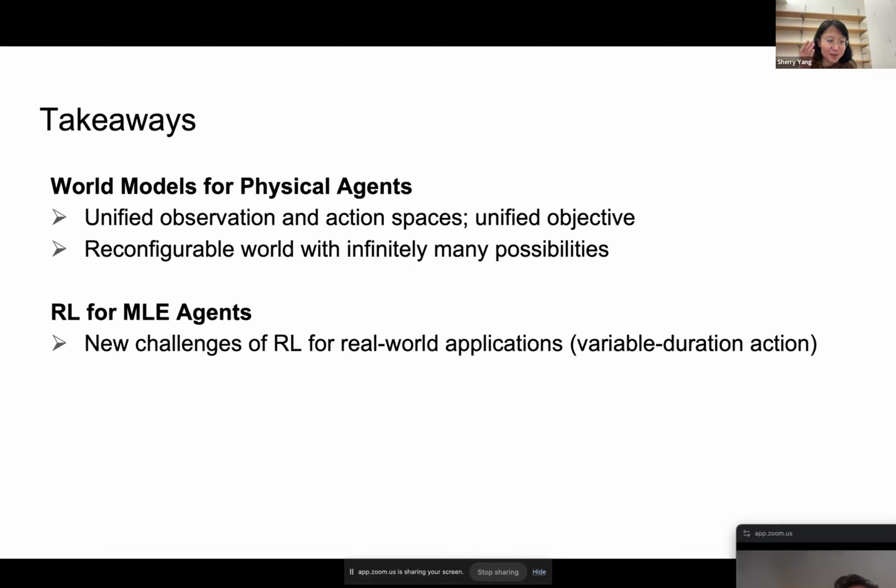It's only interesting in these new challenging settings where, for example, for MLE, we have variable duration actions. One action trains the model for 10 epochs. One action trains the model for 1 epoch. How are we going to balance the learning from these two drastically different amounts of execution time? If we just naively have a synchronous framework that stops the world, that's not ideal because the efficiency is very low. But if we always execute gradient updates on the action that comes back first, we're going to have this frequency bias. So these are the real interesting scenarios where we should be developing interesting RL algorithms or formulations.